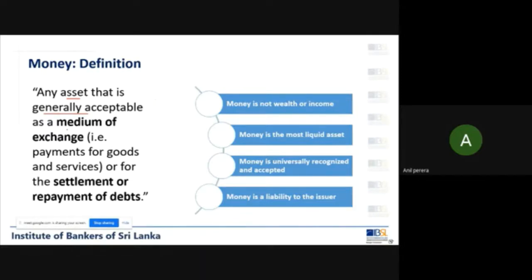It should be used as a medium of exchange. Medium of exchange means you should be able to make payments for goods and services using such money. In other words, as I already mentioned, you have to be able to enter into a transaction. So that is the medium of exchange with general acceptability. And also the other feature: you should be able to use money to settle or repay your debt,